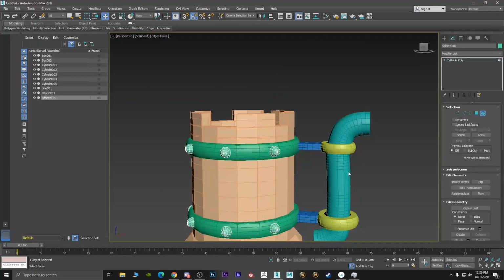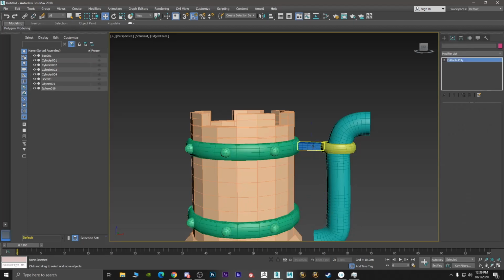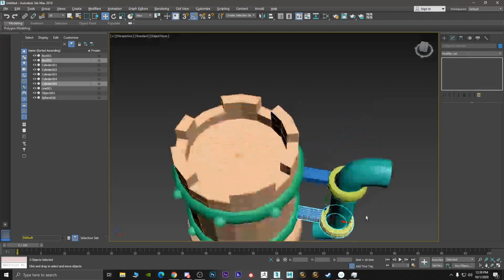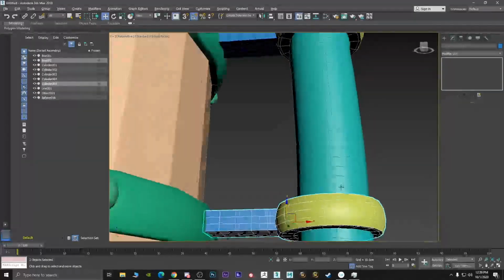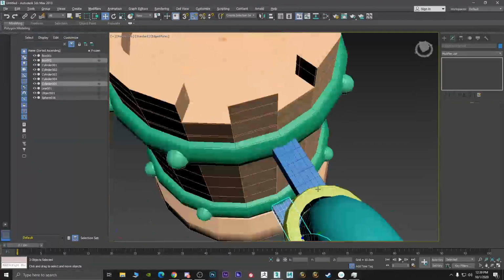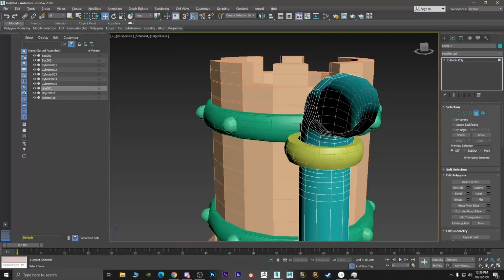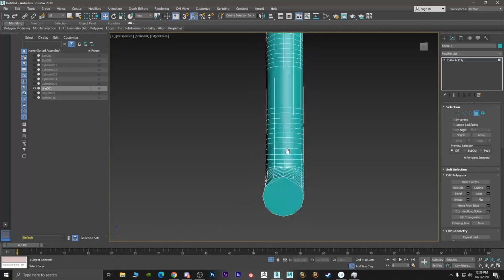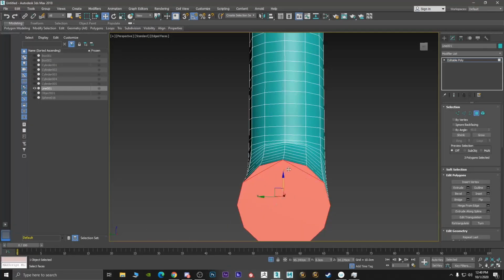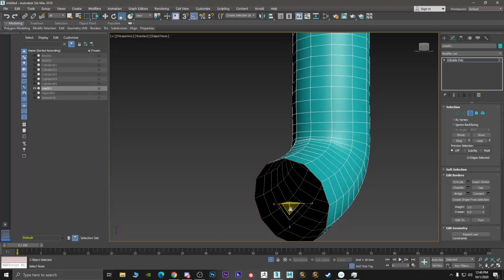Alright. So I need to copy a few things here. Delete, delete. Grab, grab, copy. There we go. Let me make sure everything is set the way it's supposed to. Great. Now for this one we have to delete the two polygons, because when you create a spline and then you create a thickness, it creates two triangles here on one of the sides, and that's very bad. So what we want to do here is scale in,